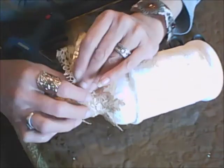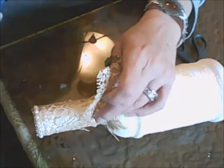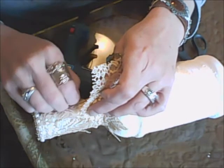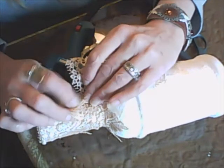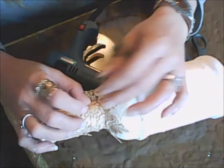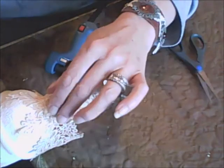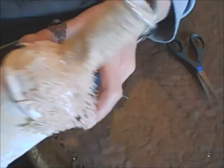So I'm just going to continue to glue the second layer on here. Lift the first layer out of the way so it kind of hangs over. Now, before I cut that, I want to see how it's fitting. See how it gives that kind of a leafy look to it right here. So I've done that all the way around. Now here, I'm going to cut this off